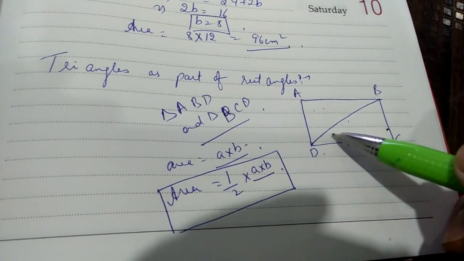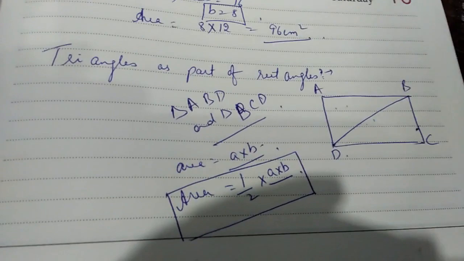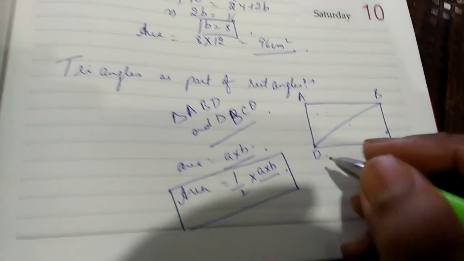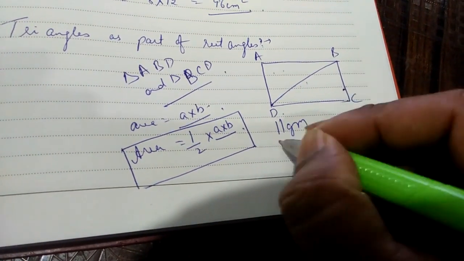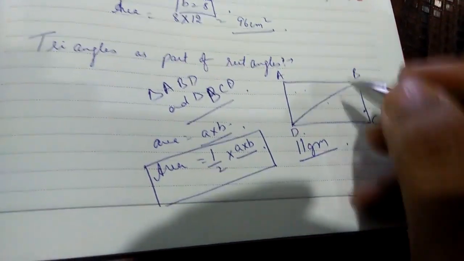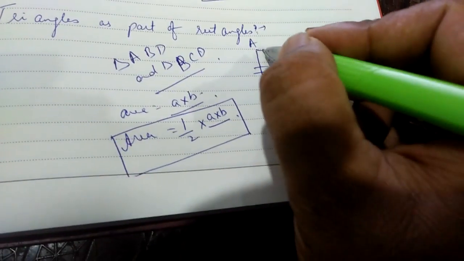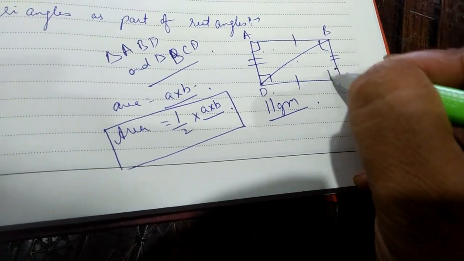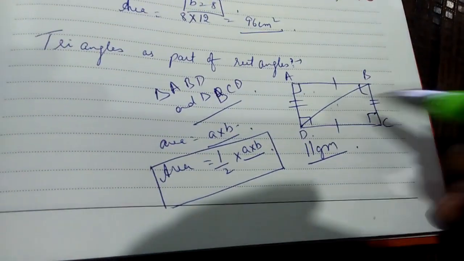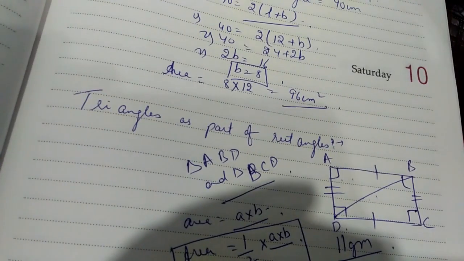Also remember one more property of a rectangle. A rectangle may be viewed sometimes as a special case of a parallelogram. That is simple enough. This side and this side are equal. This side and this side are equal. These angles are 90° in a rectangle. It may be viewed as a special case of a parallelogram. So now we will move to the parallelogram. Let's talk about parallelograms first.